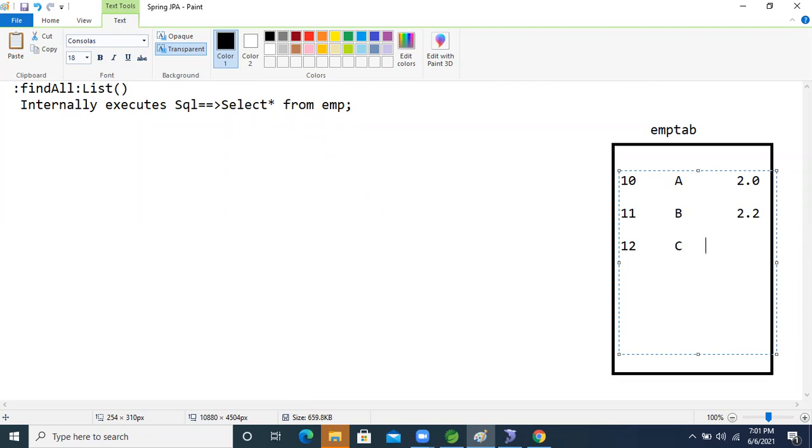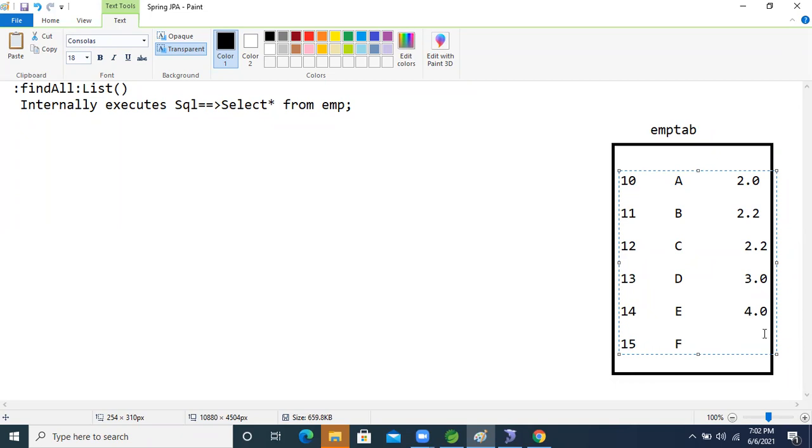11, 12 is there. 12, take C, and 2.2 only. Next is 13, D, with 3.3. Then 14, E, with 4.0. Then 15, EF.